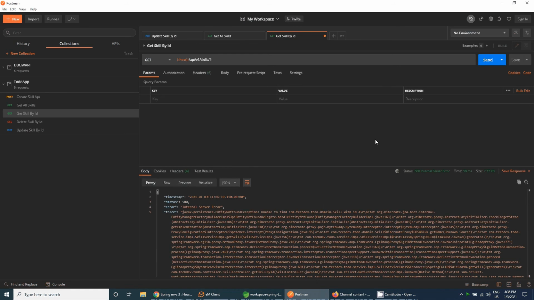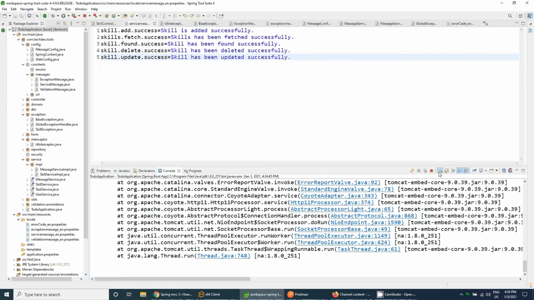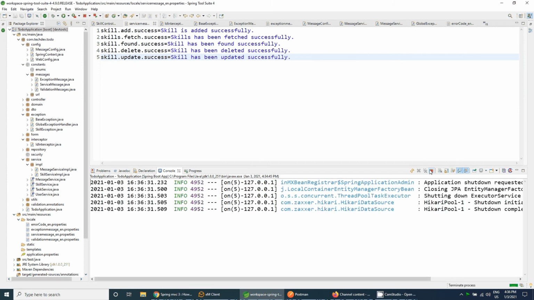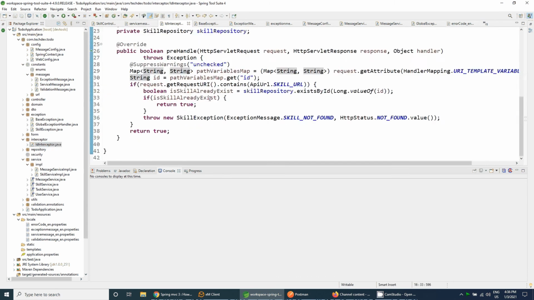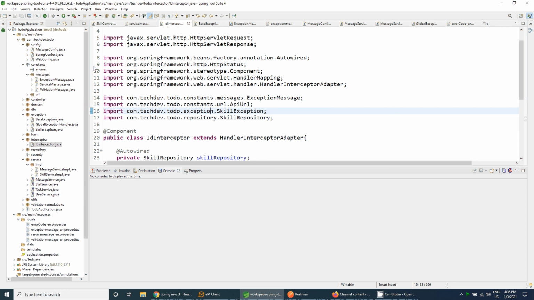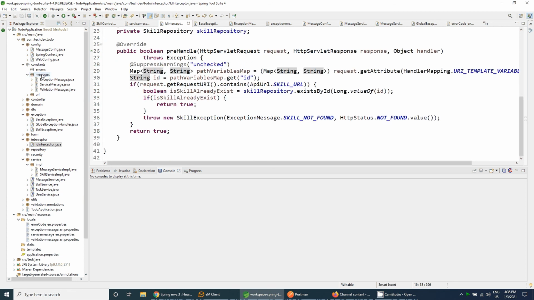Send the request and it is not, oh sorry guys, I forgot to add that interceptor inside the web MVC configure adapter. So always remember that whenever you create an interceptor, you need to add that interceptor in your web MVC configuration so that every request can be intercepted using the ID interceptor.